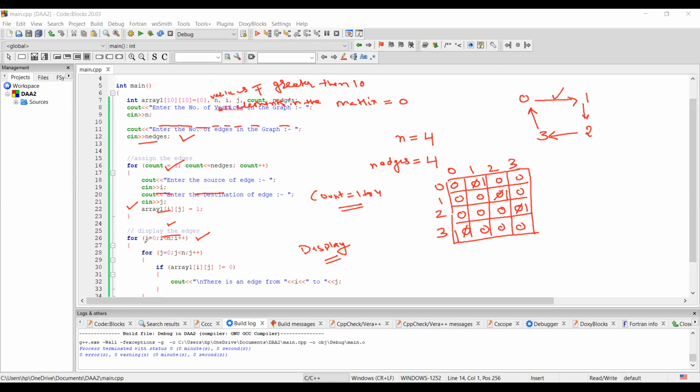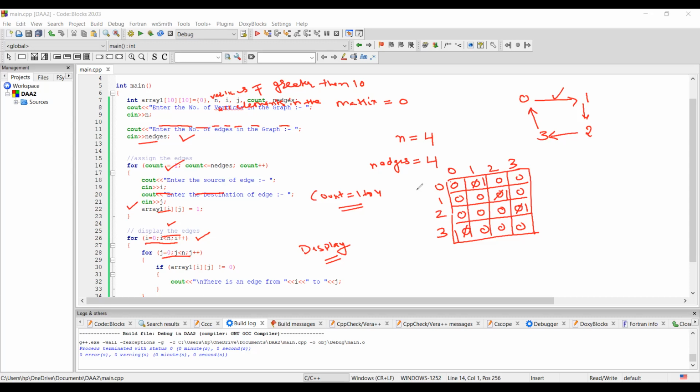So I will run one for loop to go through the rows, and within each row I have to check all the columns. What do I have to check? That the value is not equal to 0. If the value is not 0, that means there exists an edge from i to j.